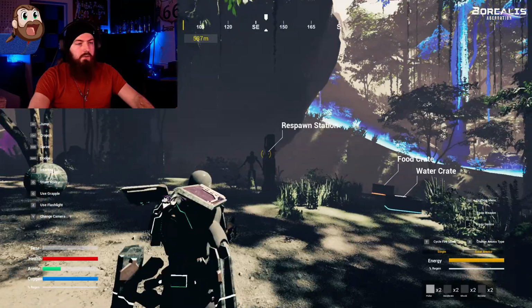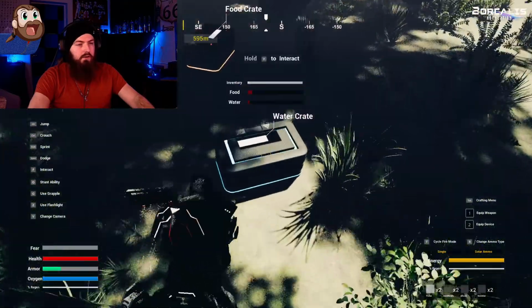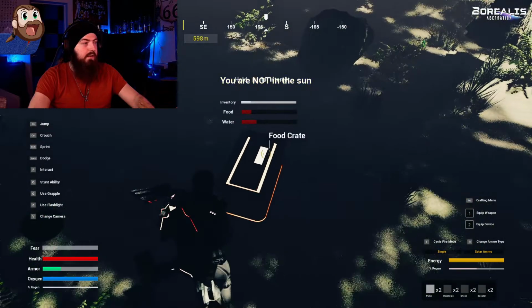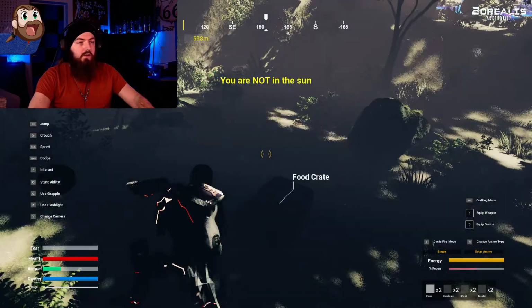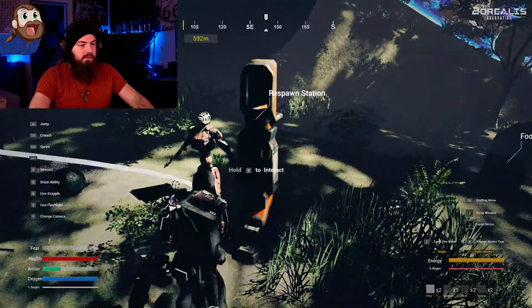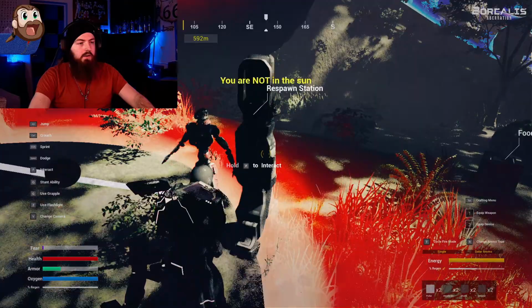Oh, what's this? Respawn station. Mod crate. I have all the blemishes taken out. I mean, you're not wrong. You do have a better skin tone. Thank you. Did that on purpose, obviously. Wait, I went to an all day and got a 10. Whoa, what the...